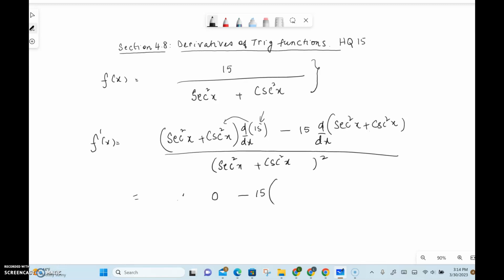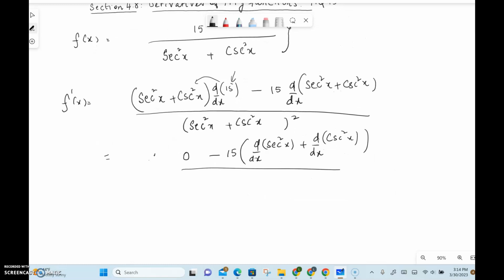It's a sum, so we differentiate the first function plus the derivative of the second function, and that's all divided by secant squared of x plus cosecant squared of x the whole squared, which is equal to